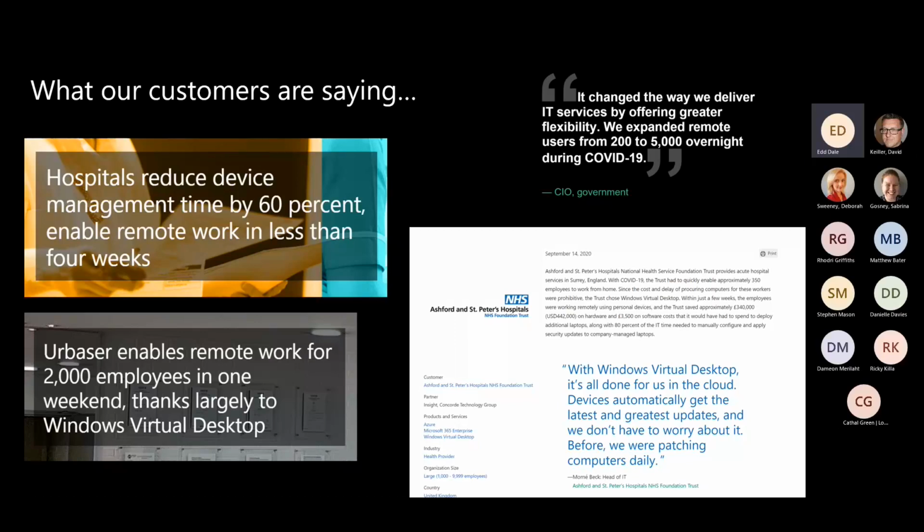Now, the problem was all of these admin workers had been using desktops, and they weren't allowed to take those desktops home with them because they contained patient medical records, sensitive information, personally identifiable data, all kinds of stuff. So due to regulations, those desktops could not leave the premises. So, a bit of a problem for this hospital. 200 people who have to be sent home, but they can't take their work devices with them. What was the NHS going to do?